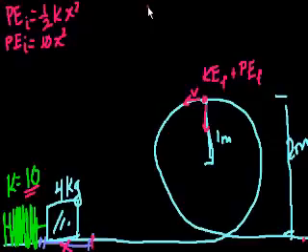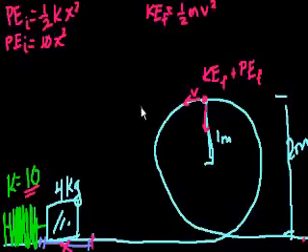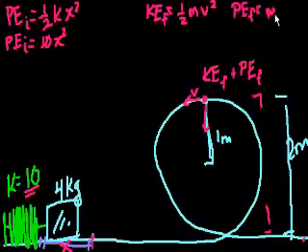Kinetic energy final is going to have to be 1/2 times the mass times the velocity squared, right? And then what's the potential energy at this point? It's gravitational potential energy, so it's the mass times gravity times this height, right? So I'll write that here. Potential energy final is going to be mass times gravity times the height,